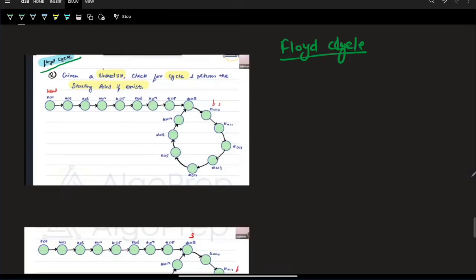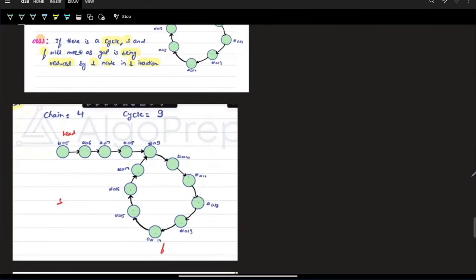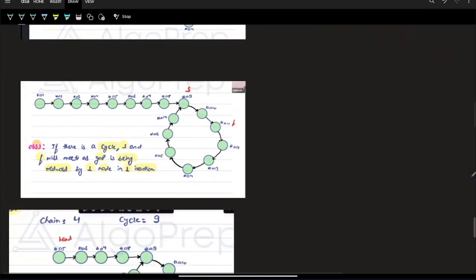Given a linked list, let's check for the cycle and return the starting point. The code is so much easy. If there is a cycle,